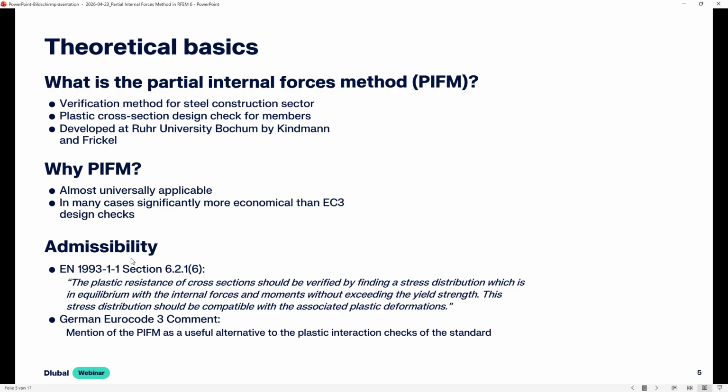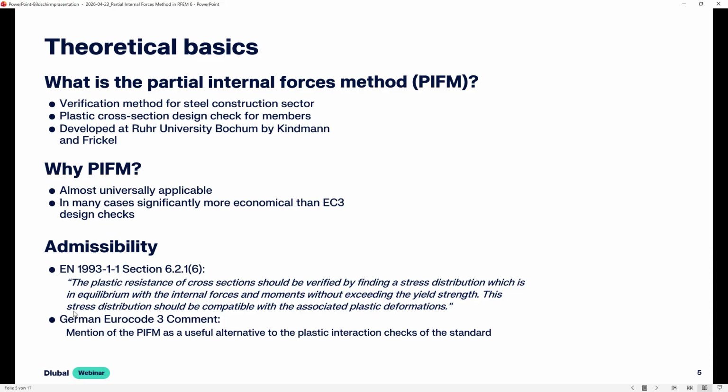So this means that the PIFM is admissible according to the Eurocode 3, and also according to other standards. It always depends on the restrictions or on the conditions that each standard makes. And the second point,